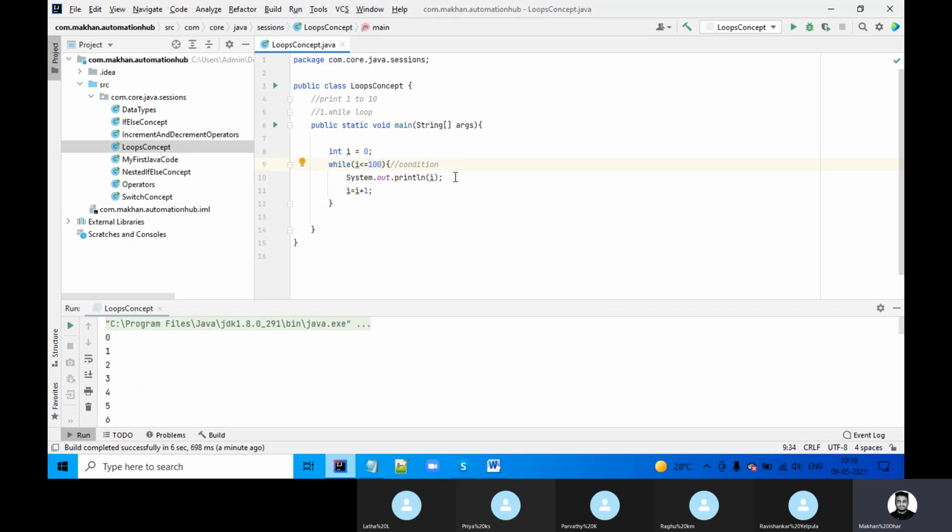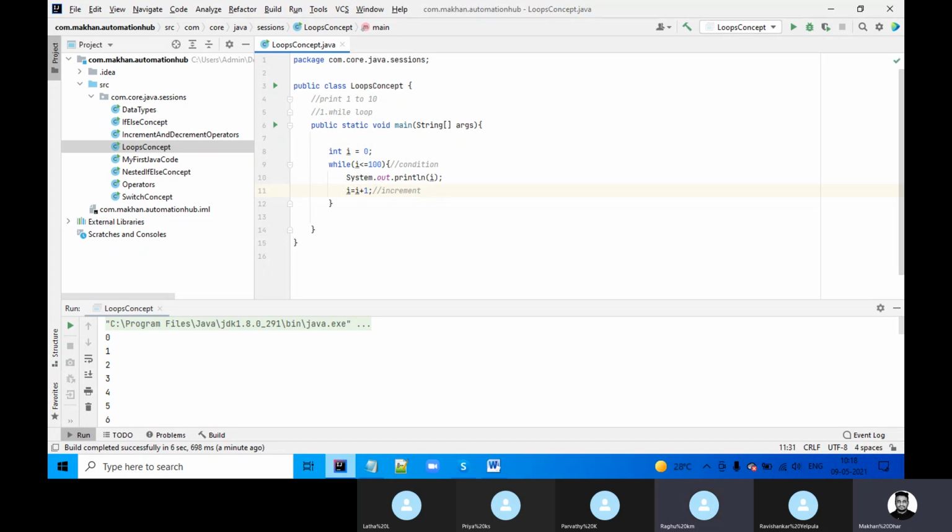This is the condition. And System.out.println is nothing, it's the output. And what is this? This is increment, or you can do decrement also. I will show you another example for decrement.